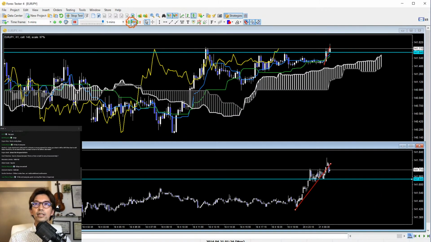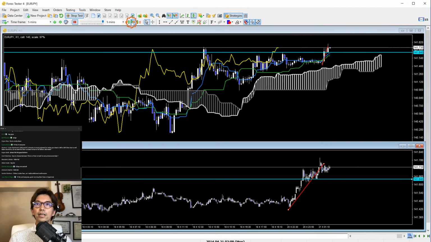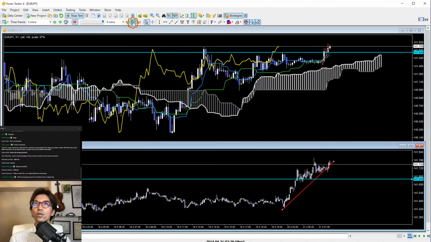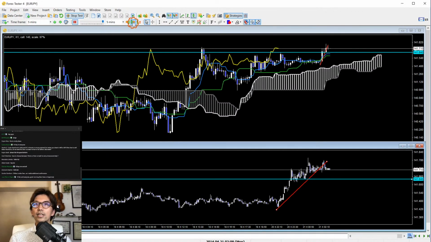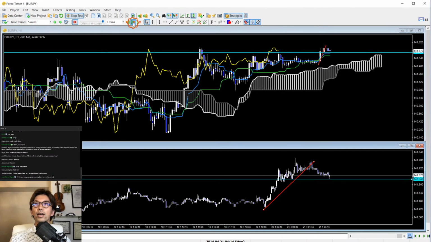So let's see. Okay, now I can see that there is the trend line you can draw this way. Well, actually this is only once and twice of supports, so yeah, this is not really reliable. So never mind. Let me just keep running a little bit more. So Kumo flat, Kijun Sen flat now. So it's already stopped the uptrend. So let me keep running a little bit more